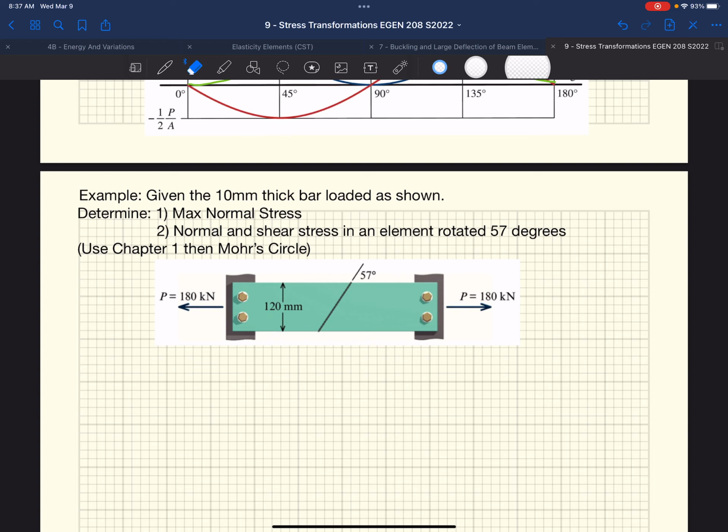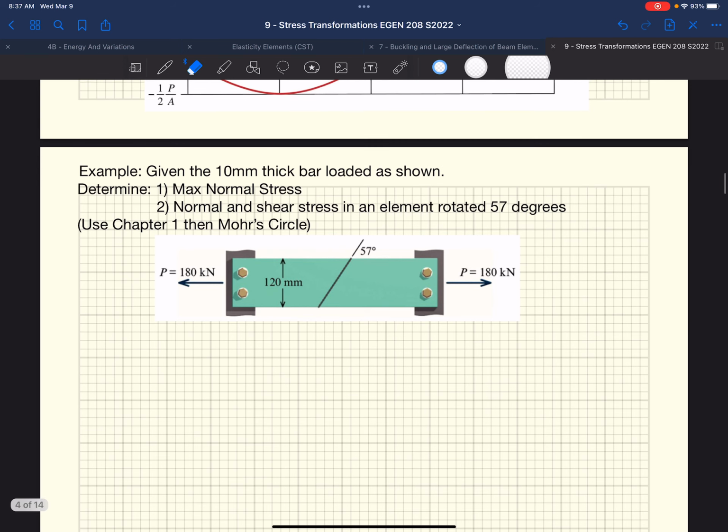And we're first going to use chapter 1, the axial chapter. Then we're going to talk about Mohr's circle. We're going to do this with Mohr's circle. If we look at part 1, we know from chapter 1 the maximum normal stress in this material, based on the orientation